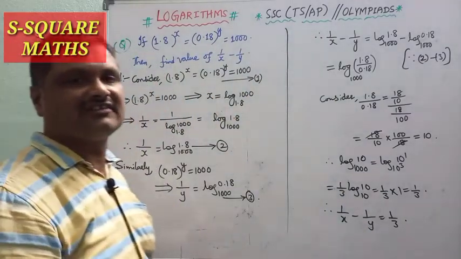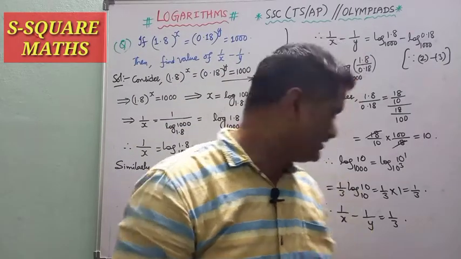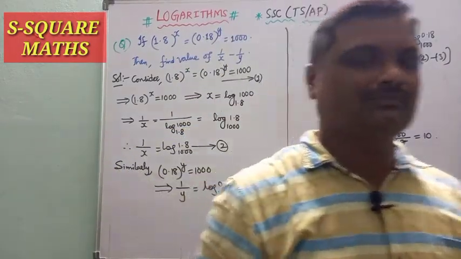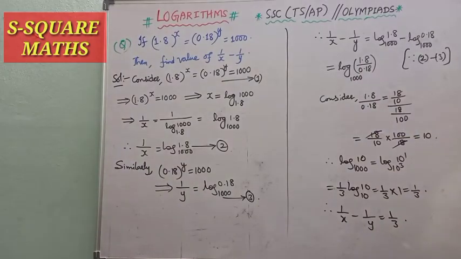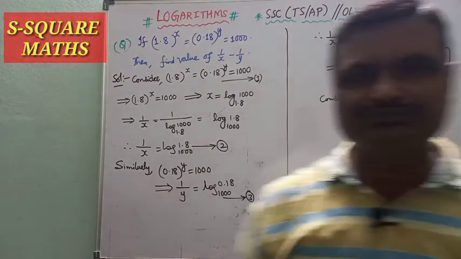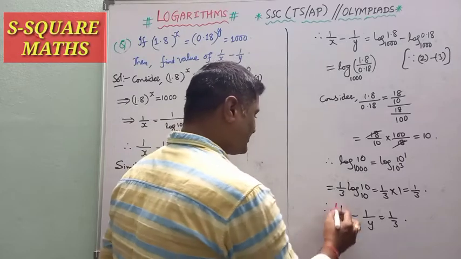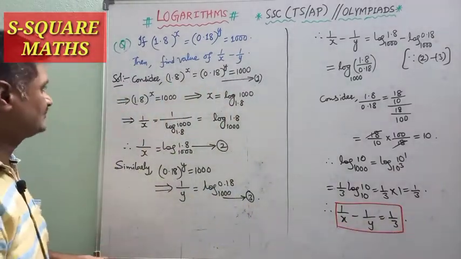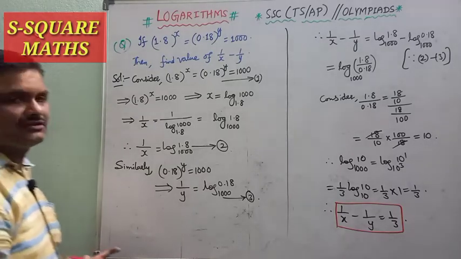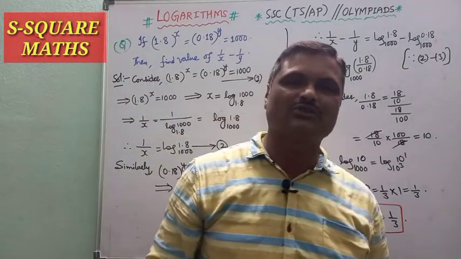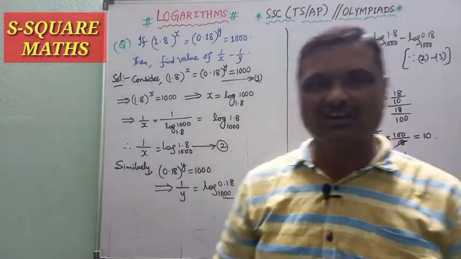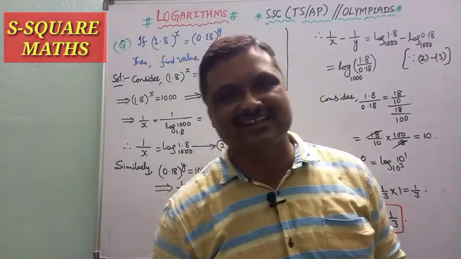So in this way we can proceed the problem. Don't panic. Very important 4 marks problem for the annual examination point of view and various competitive examinations. So this is method 1. Let us go through method 2. So this is by applying the concept of logarithms. So let us see the next method.